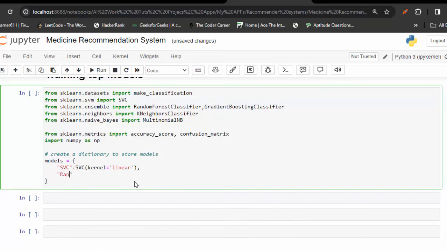ठीक है, दूसरा है अपना रैंडम फॉरेस्ट। सो फॉर रैंडम फॉरेस्ट मैं वैल्यू दूंगा रैंडम फॉरेस्ट क्लासीफायर। अब रैंडम फॉरेस्ट क्लासीफायर के अंदर आप नंबर ऑफ एस्टिमेटर्स देते हो, मैं 100 रखता हूँ अभी के लिए। आई होप कि आप लोगों को ये मॉडल्स आते होंगे। ठीक है, क्योंकि ये ज़रूरी है, क्योंकि अगर मैं हर चीज़ एक्सप्लेन करूँगा तो वीडियो बहुत लंबी हो जाएगी, बट मैं आपको थोड़ा थोड़ा बताऊँगा। ठीक है, और आप इसके अंदर रैंडम स्टेट भी दे सकते हो, जैसे कि कोई भी वैल्यू दे दूँ, मैं 42 देता हूँ।